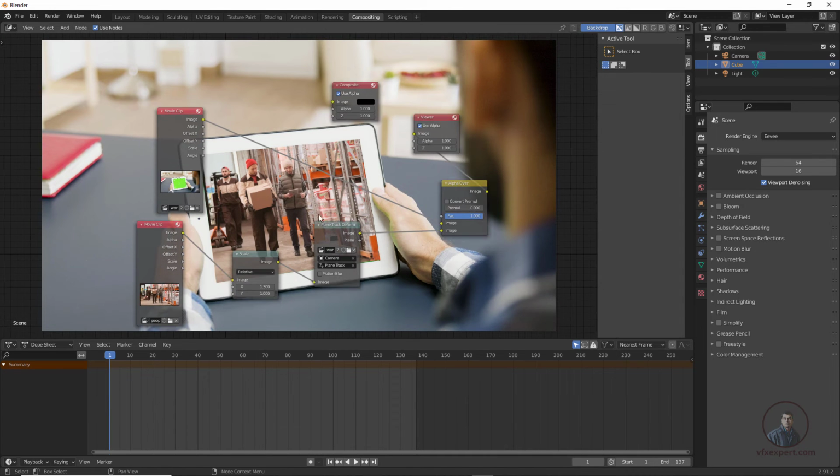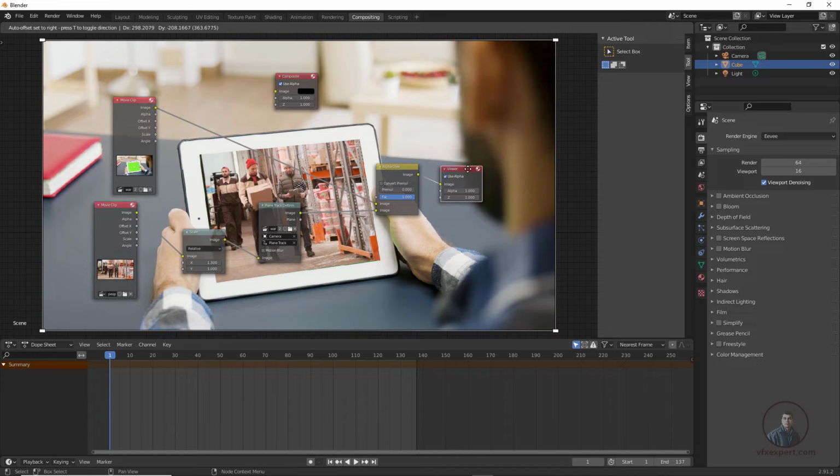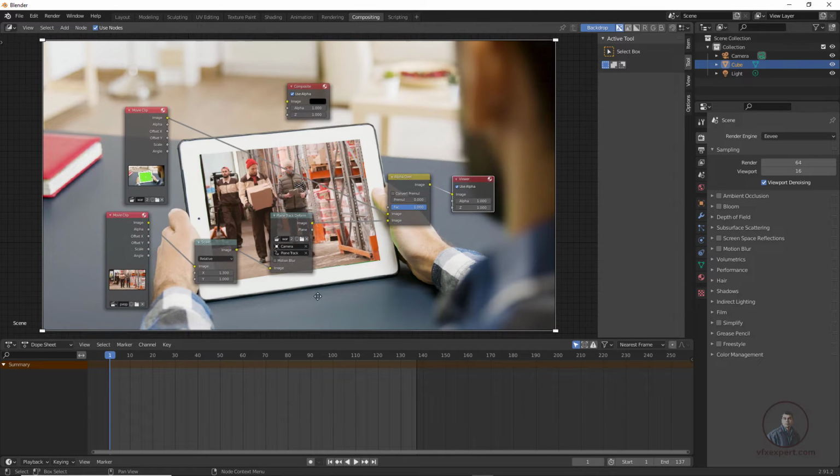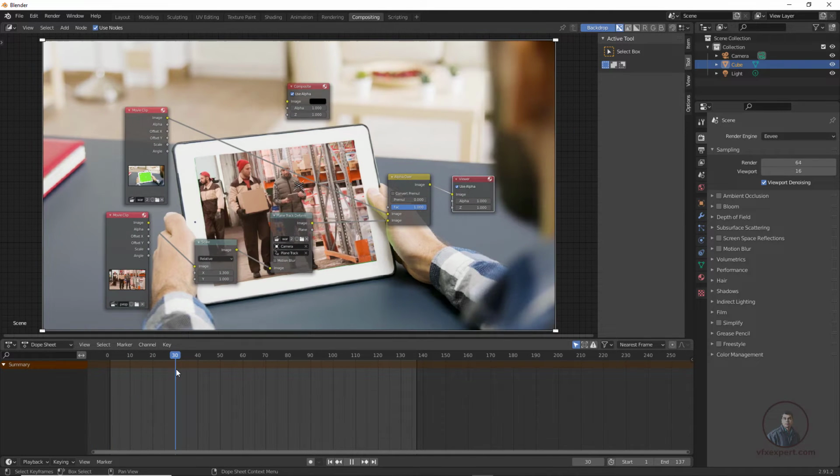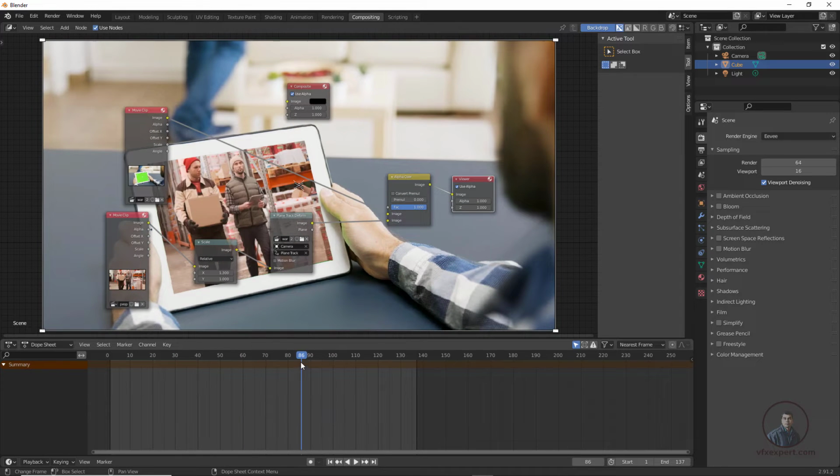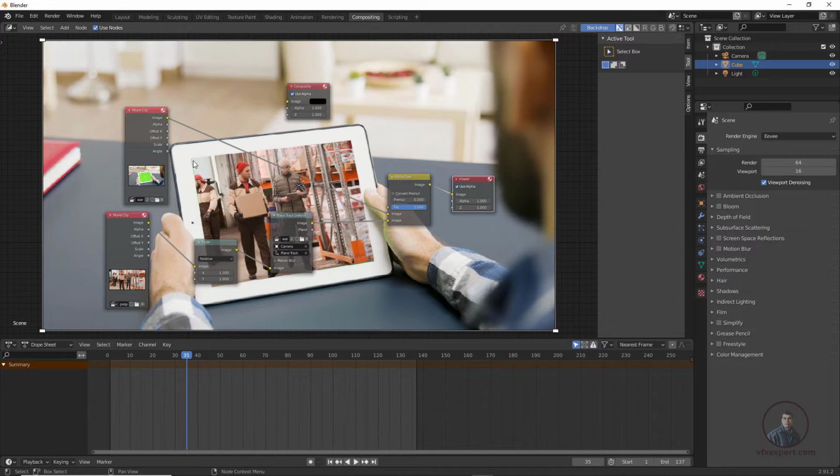So now this is looking good here. Then just let me place it here in a proper way. So now just move your playhead and check it. So this is following here and this is looking good here. Now if you look closely, we are getting a little bit of the green screen showing here.